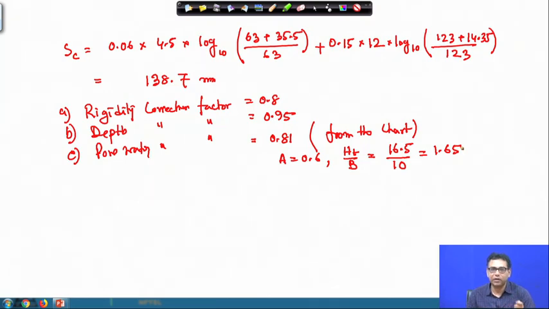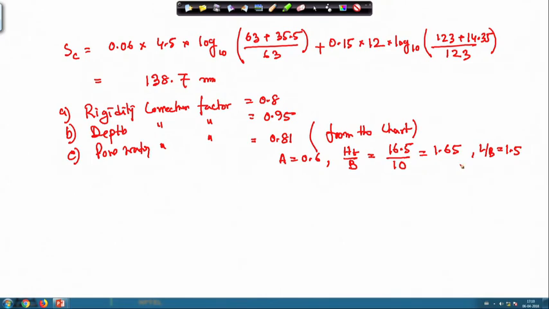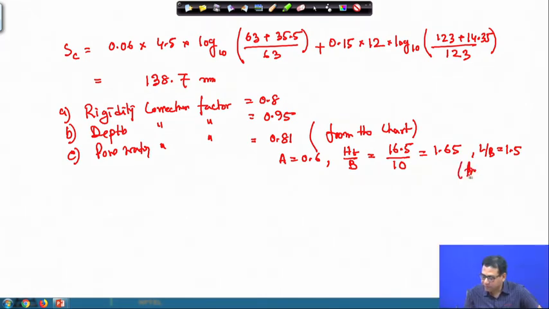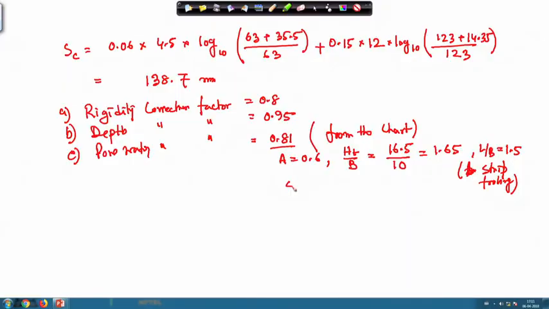And as in that chart you will find there is a for circular footing or square footing and for strip footing. So, here the value here your L by B is equal to 1.5, which is neither circular nor square nor the strip. So, here I have used the strip footing, this is for the strip footing expression, strip footing value, that is giving 0.81.